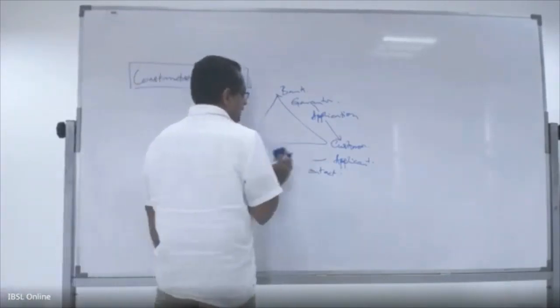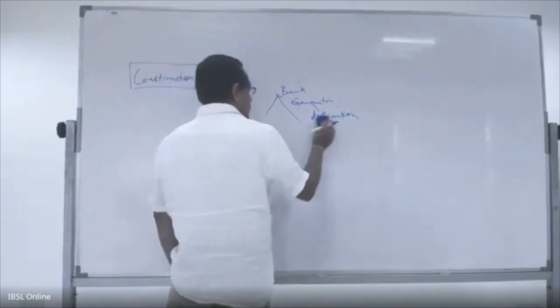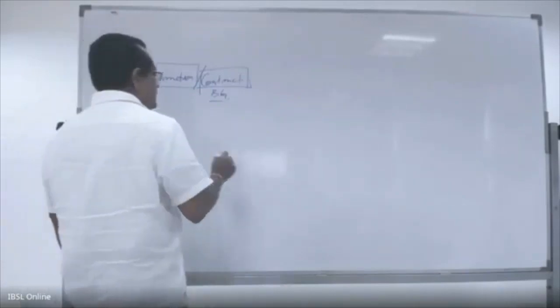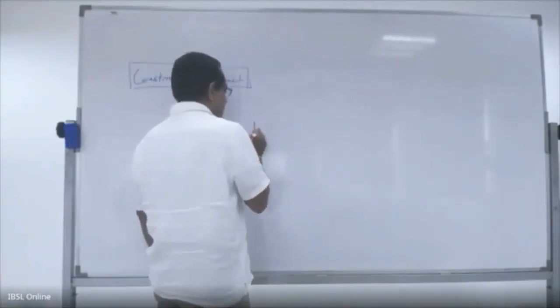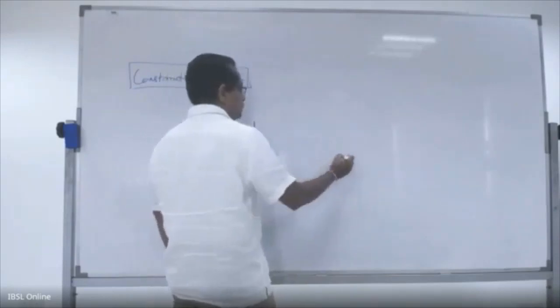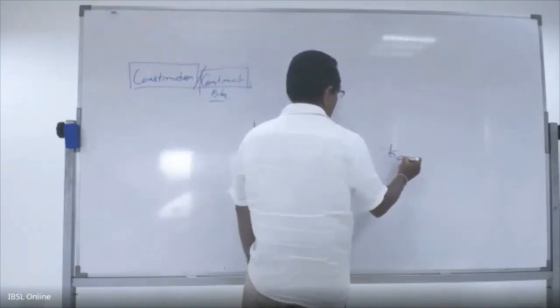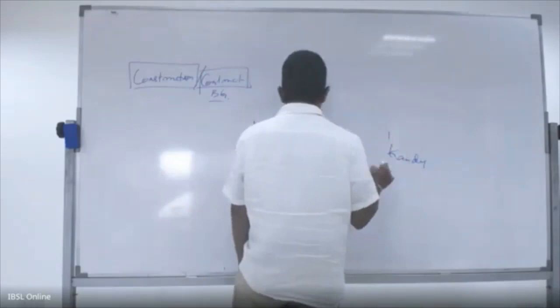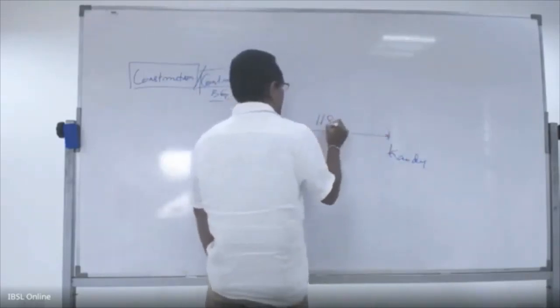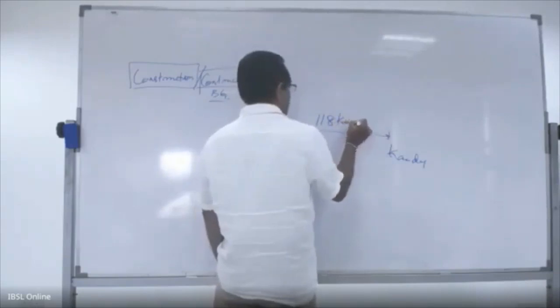I will take the example of a road, right? You need to construct a road from Colombo to Kandy. One 8 kilometers,